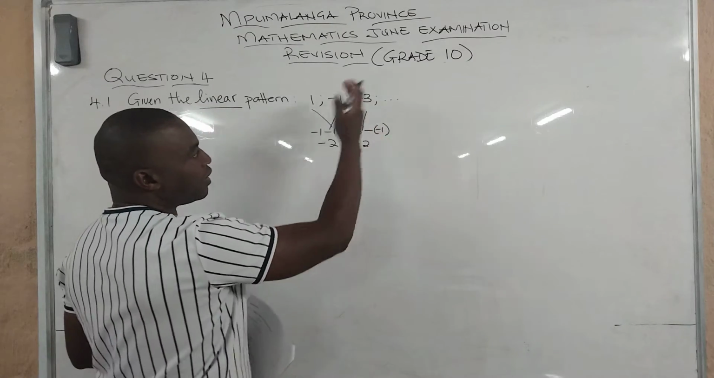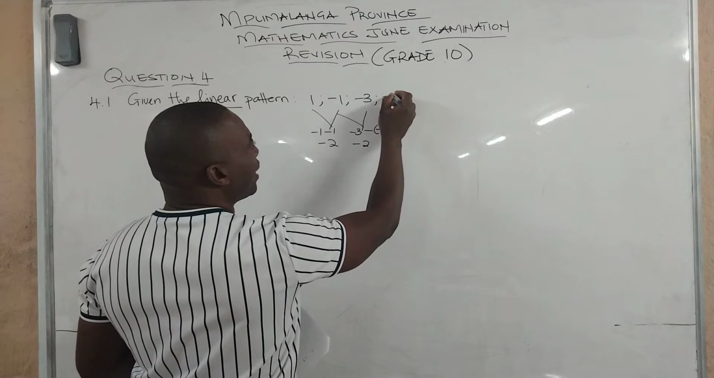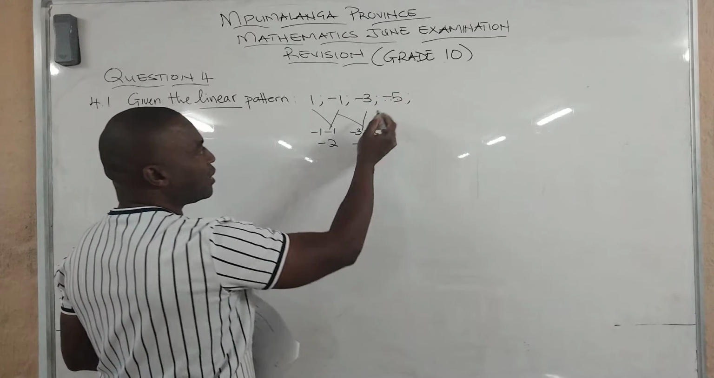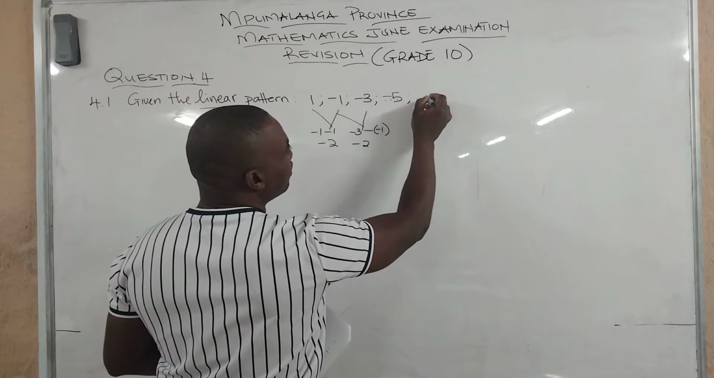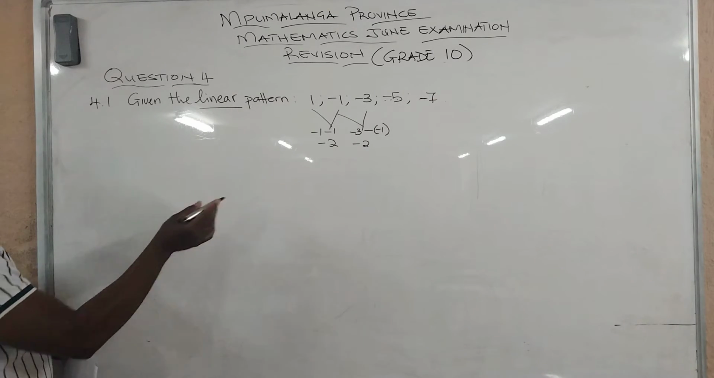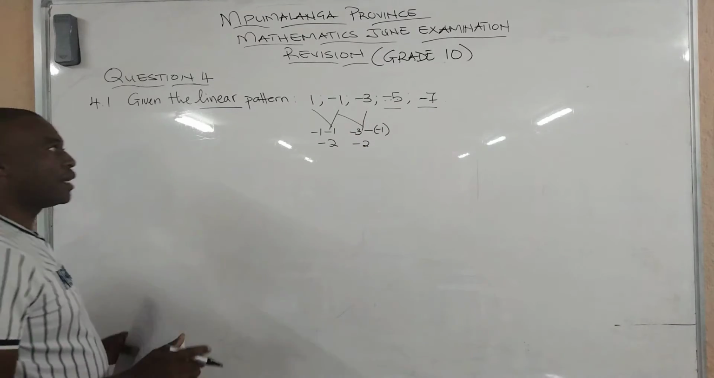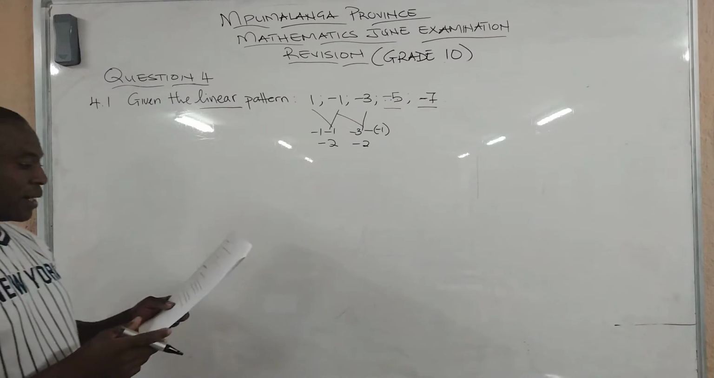So from -3, if we subtract 2, we'll get -5, and then the next term will be -7. So we are just saying the next two terms are -5 and -7. Alright, then